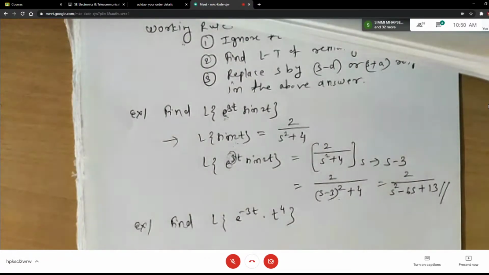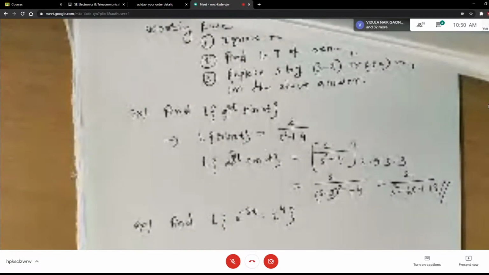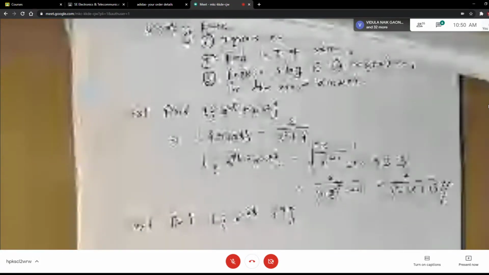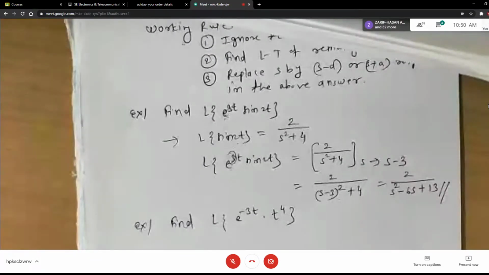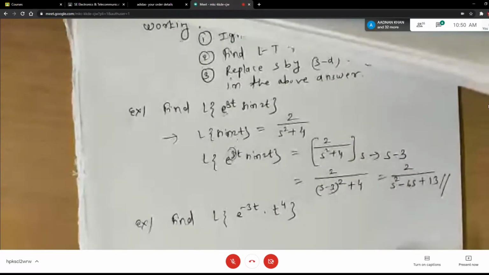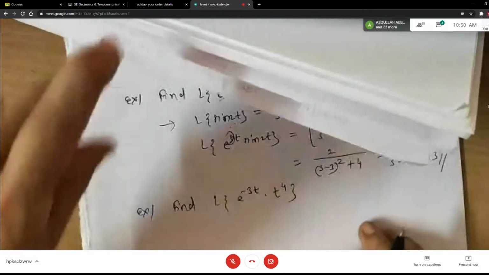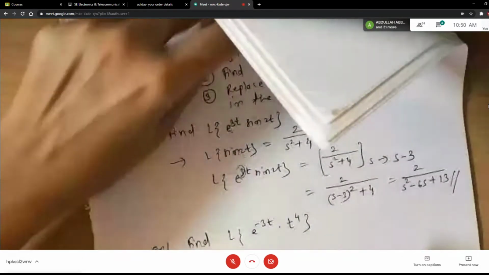Okay, anybody got the answer? Who is answering? Rishikesh? Ma'am, Akash. Ma'am, 4 factorial upon s plus 3 the whole raised to 5. Okay. Yeah, because what happens, see here, it is